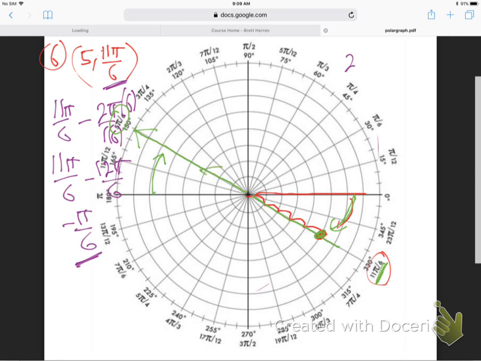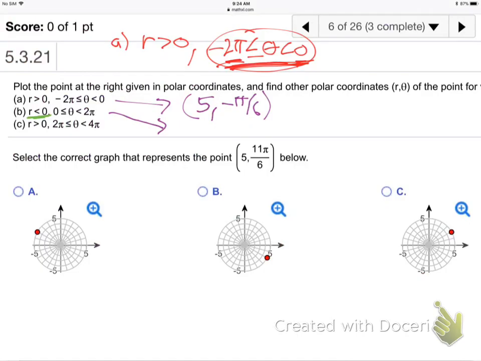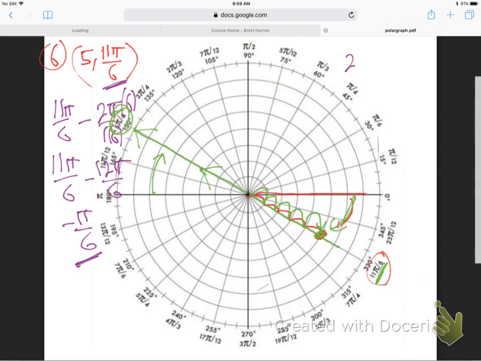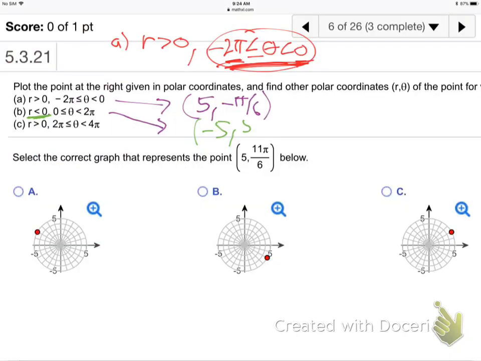Face the cannon this way, and then backfire 1, 2, 3, 4, 5. Negative 5 on the r. And you'll be at the same dot, won't you? Is that making sense? Backfire 5 while you're pointing at what angle? This one, 5 pi over 6, which is the opposite direction. So you point the cannon in the opposite direction, but backfire 5, and end up at the same place. Finally,